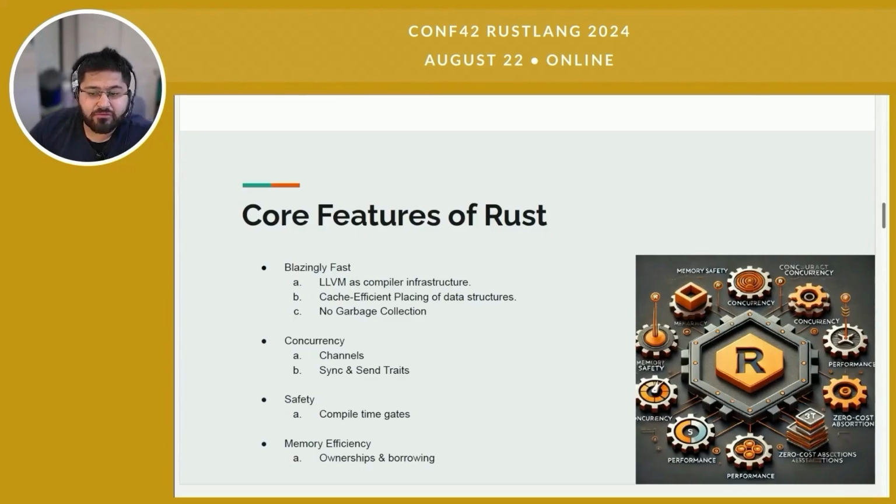Rust is an ideal language for writing concurrent programs because it was designed with concurrency in mind. Rust's ownership and borrowing system ensures safe and efficient memory management, preventing data races and other concurrency bugs. This system allows developers to write concurrent code with confidence, knowing that the compiler catches many common errors before